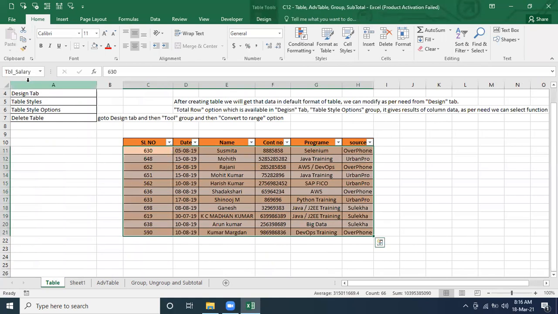And if you are not giving a name for this table, then how are you going to identify whether it's a name? Let's say you gave the name salary for this table, and for one name range you gave the same name, salary. So how are you going to identify which is the table and which is the name range? It's difficult, you can't identify. Correct or not? So that's the reason the naming convention is important.